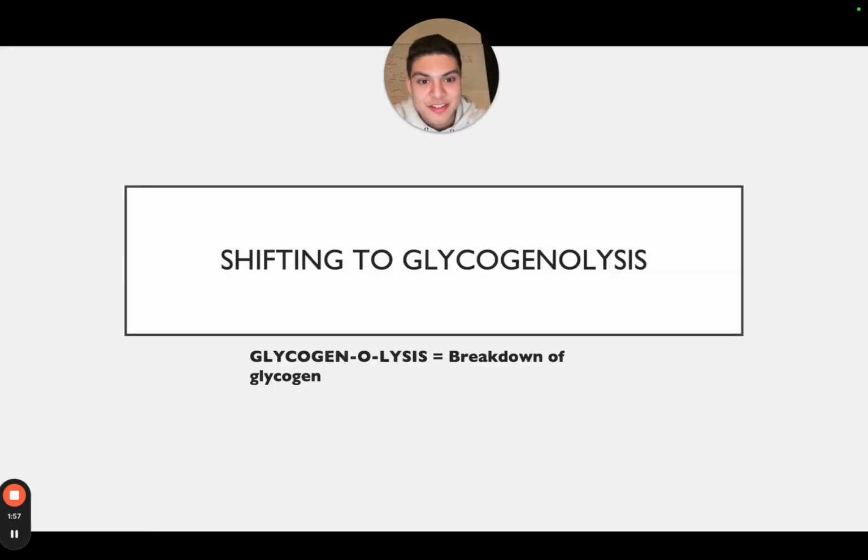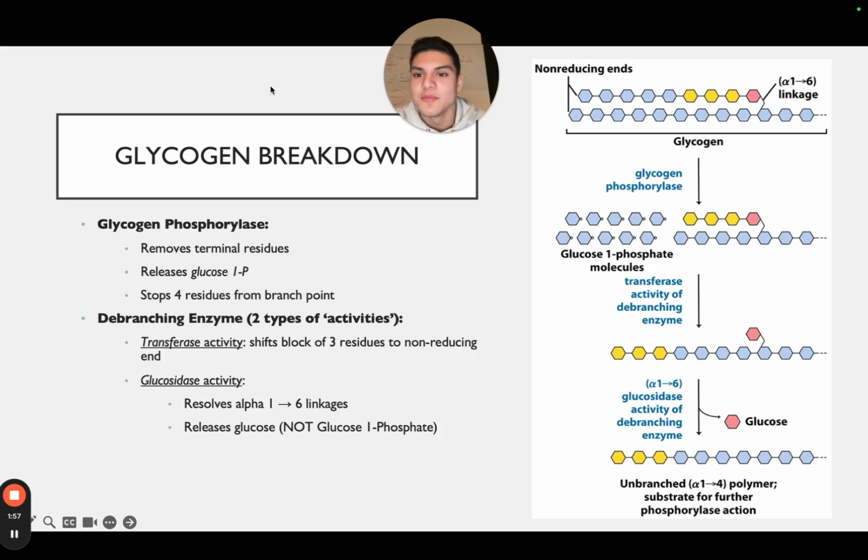So now shifting to glycogenolysis. I broke down the word: glycogen, lysis, so breakdown of glycogen. Glycogen phosphorylase does this. What it does is it breaks off from the non-reducing ends, like Lego bricks, one by one by one by one, and forms glucose 1-phosphate. And then all it needs to do is convert to glucose 6-phosphate via the mutase, the phosphoglucomutase, and